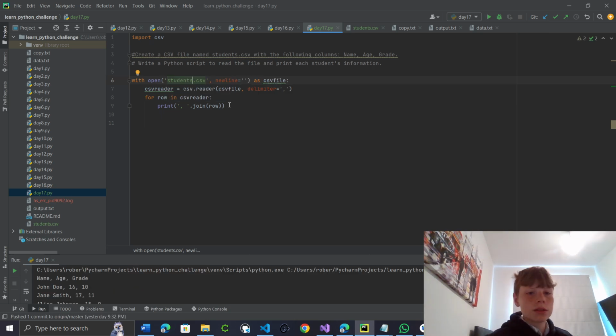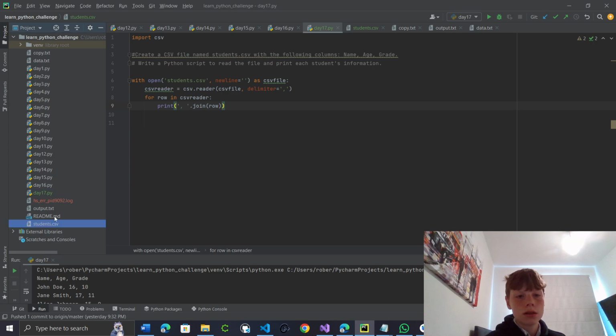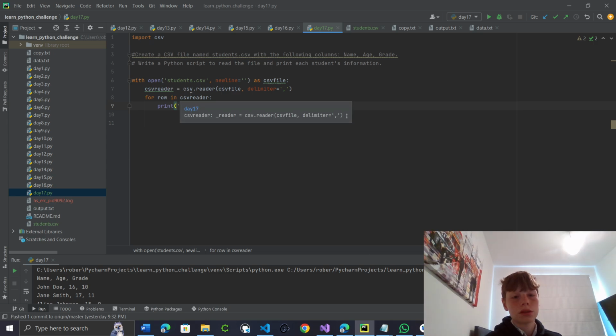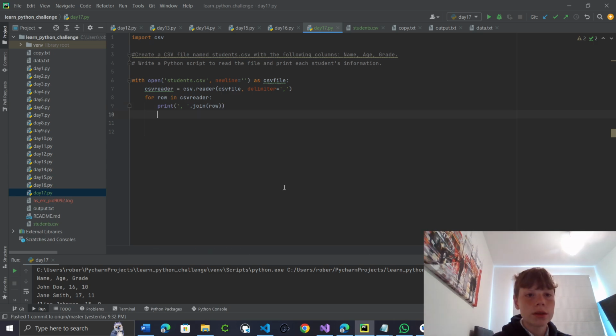Okay, pretty easy. So we have a CSV reader equals csv.reader. We pass in the file and the delimiter, so we separate them by commas. Okay. So for row in CSV reader, we print comma space, then we join the next row. Okay, I get it. It's a new line, yeah. Okay, so now